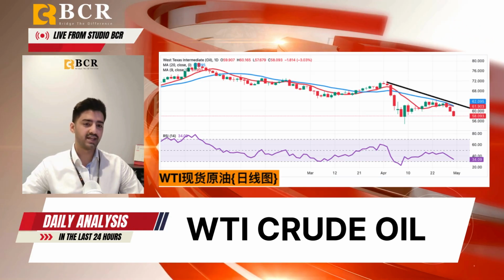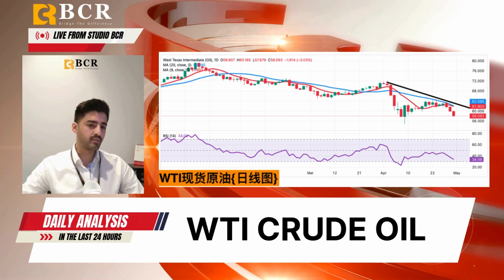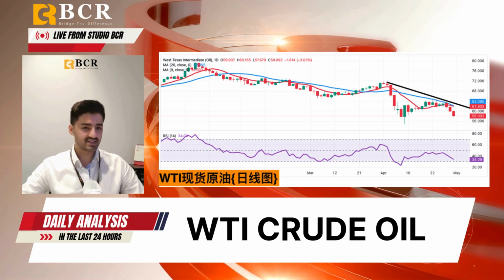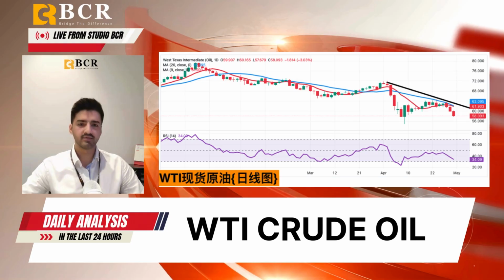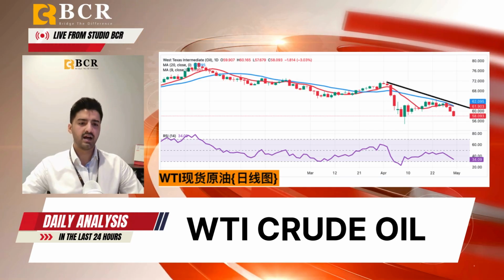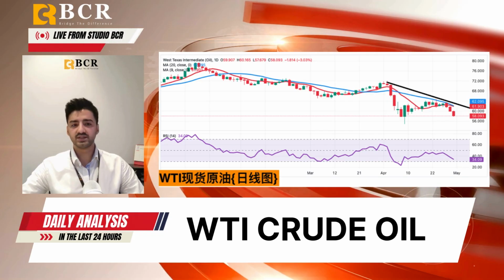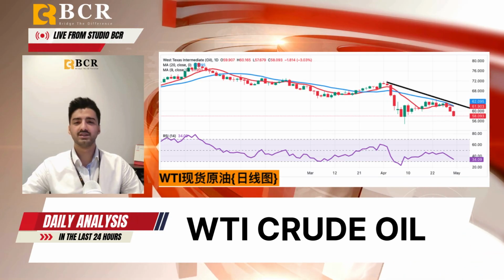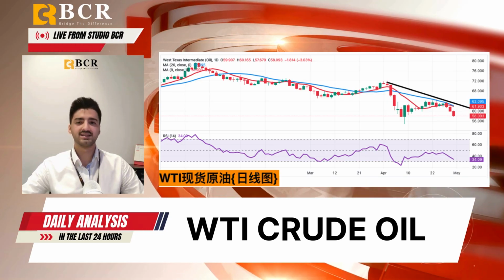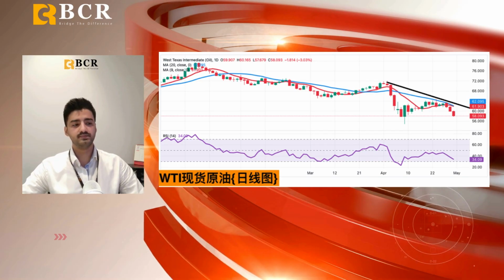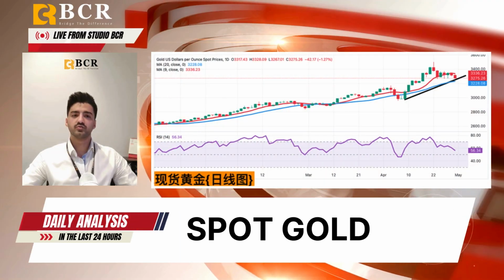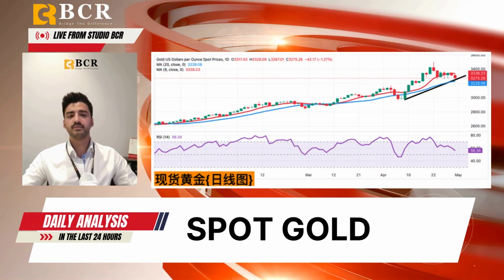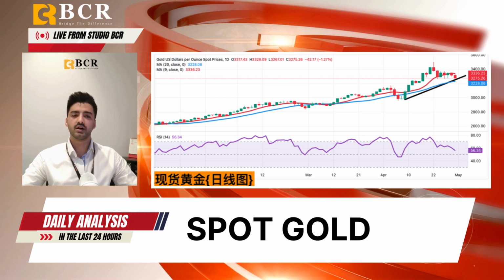Support lies at $58 with a break below opening the door to 57.66 and possibly 54.78. On the upside, $60 is now resistance, followed by 61.35 and the 20-day moving average at 62.07. Next up, let's talk about gold, which retreated slightly on Wednesday, pulling back to around 3290 after last week's